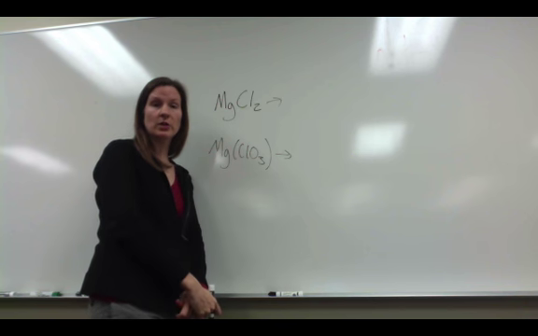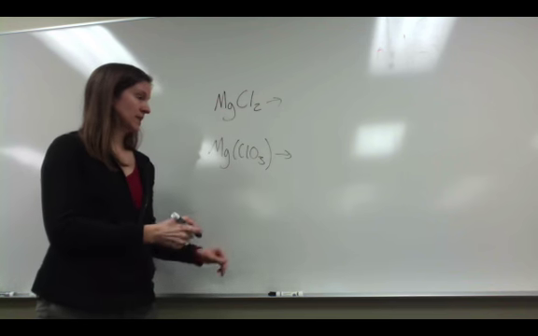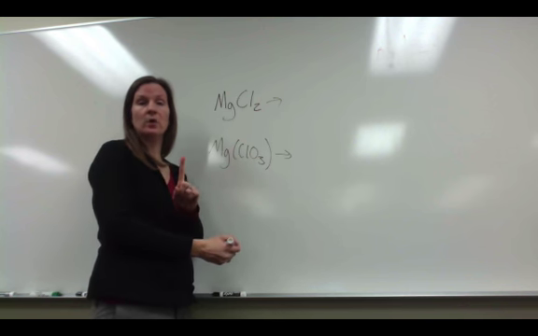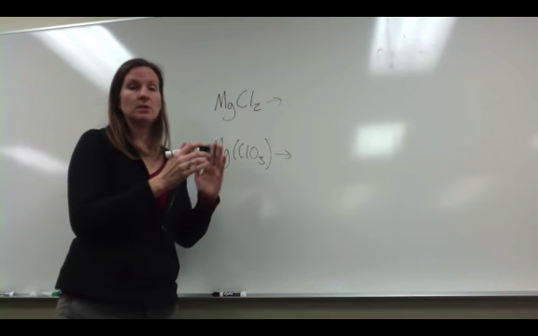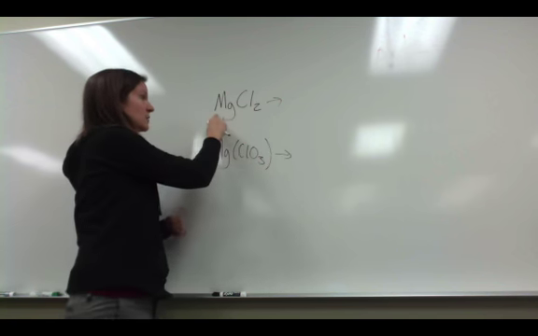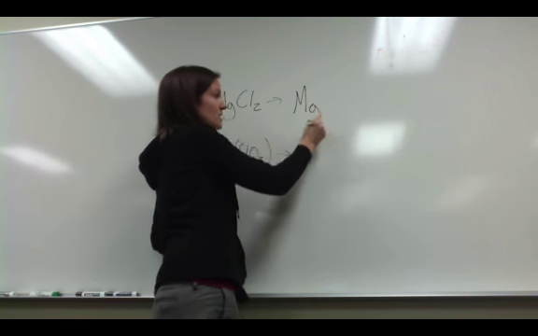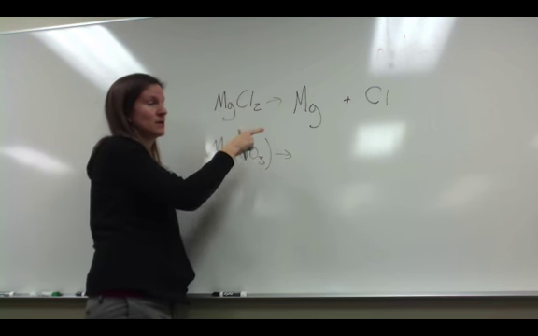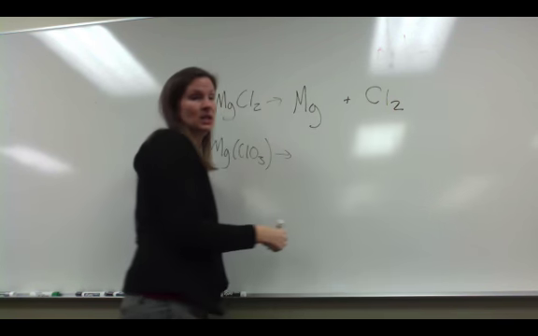So here are two examples we can look at when we think about decomposition. I know it's a decomposition reaction because if I look at both of these cases, all I have is a compound. I don't have two reactants. So decomposition will always only have one reactant. If they're going to fall apart, they're going to fall apart into their component pieces, which means they're basically going to break up into their cation and their anion. So in this case with magnesium bonded to chlorine, magnesium is going to separate away from the chlorine. Now you have to consider what magnesium and what chlorine look like as a chemical compound because chlorine is one of our diatomics, so it's going to come apart as a